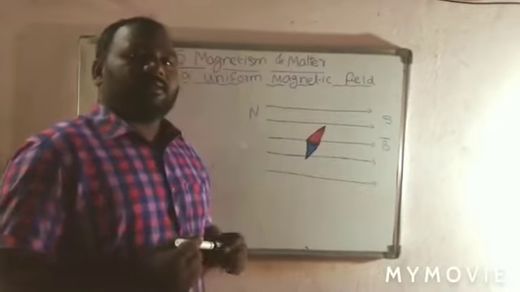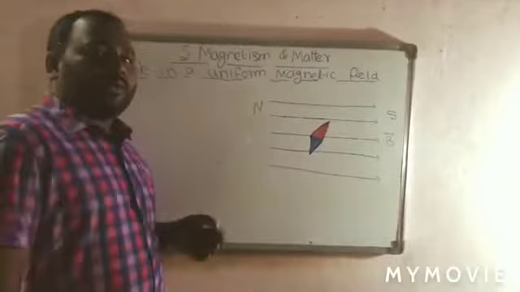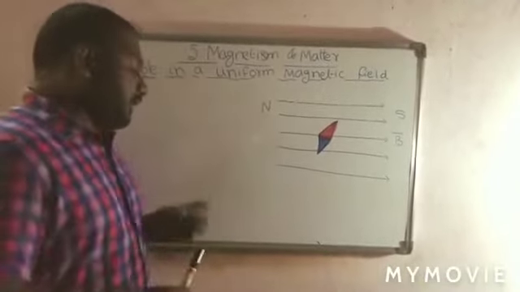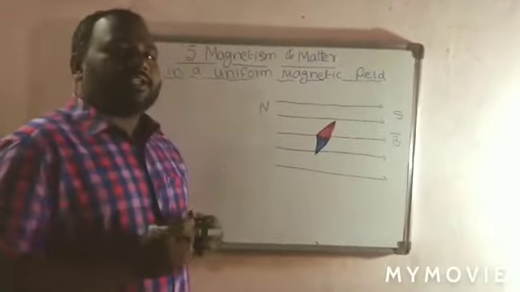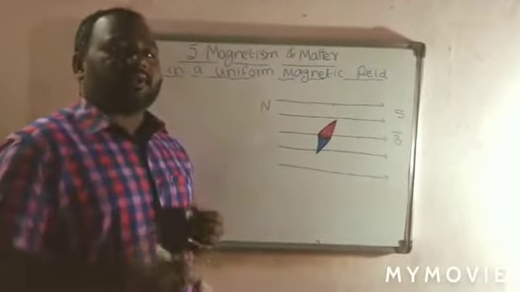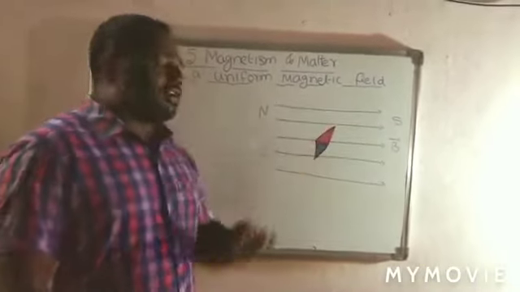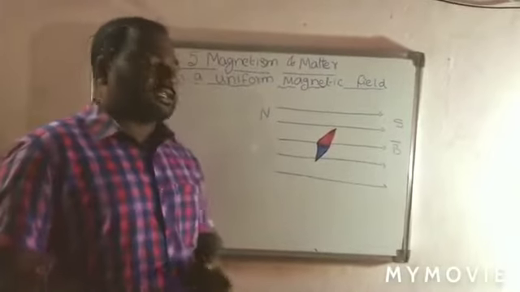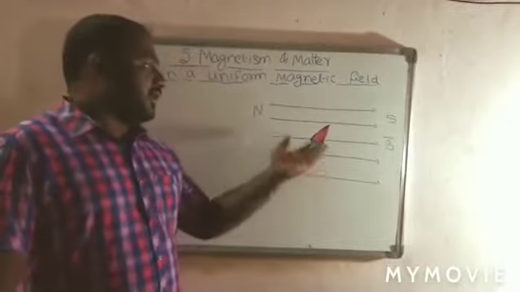In the last session, we derived and observed how a bar magnet is equivalent to the solenoid. Now in today's class, we are going to study a dipole placed in a uniform magnetic field: what is the external magnetic field, what is the torque acting on that dipole, what is the time period of oscillations, and after that, what is the energy stored in the dipole.